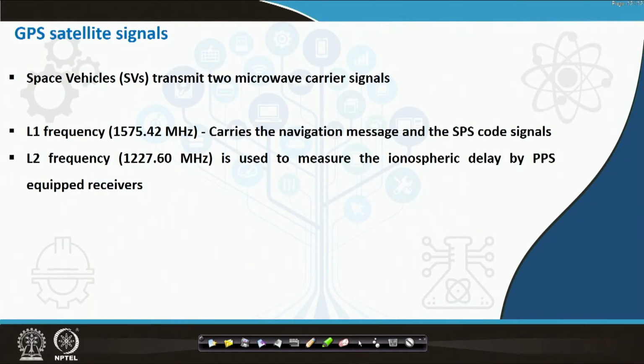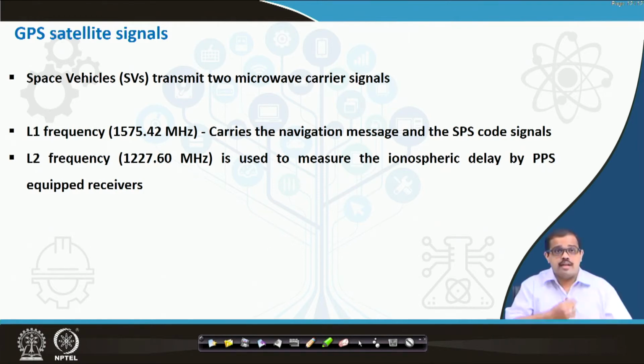When we look at satellite signals, normally any of those space vehicles in space can transmit 2 microwave carrier signals. The first is the L1 frequency, which is 1575.42 megahertz. It carries the navigation message and the SPS code signals. Next, you have the L2 frequency, which is 1227.60 megahertz. This is used to measure the ionospheric delay by the PPS equipped receivers. PPS is the precise positioning service, and SPS is the selective positioning service. So, these are the two different